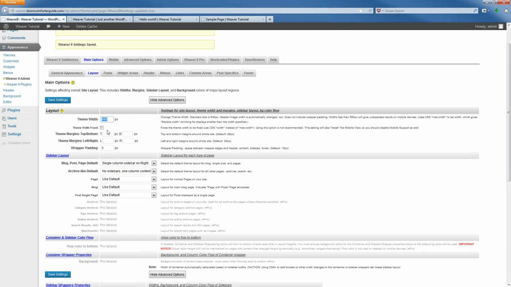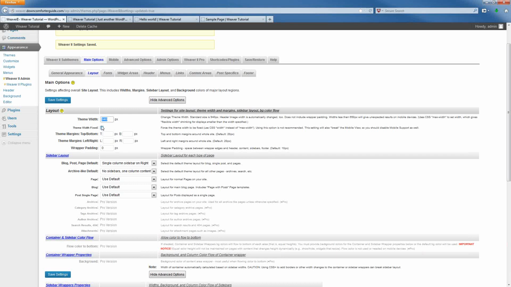And when appropriate, Weaver will scale down your website to fit on other kinds of devices. So if you're on a tablet where you only had 500 or 600 pixels wide that you could actually display on a screen, then it would try to shrink the theme to actually make it fit correctly